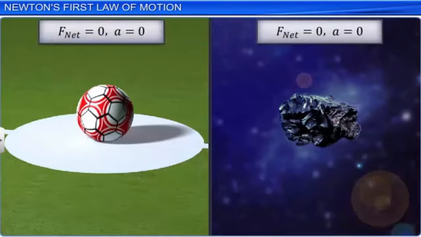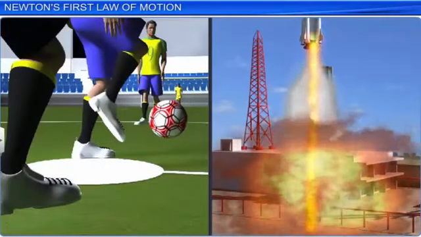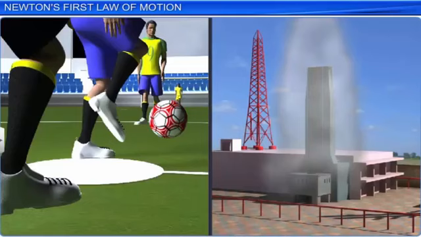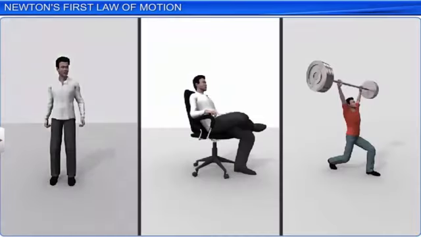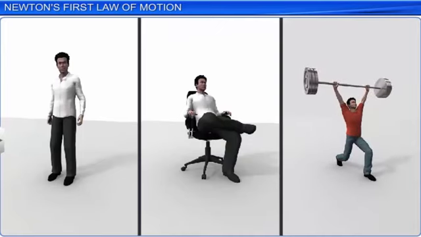Based on these facts, we can express Newton's first law of motion in two more very useful forms. 1. If the net external force on a body is 0, its acceleration is 0 and vice versa. 2. A body accelerates only when a net external force acts on it. These two forms of the law are extensively used while solving problems in kinetics. Let us apply what you have learnt in this module so far to analyze some day-to-day events.